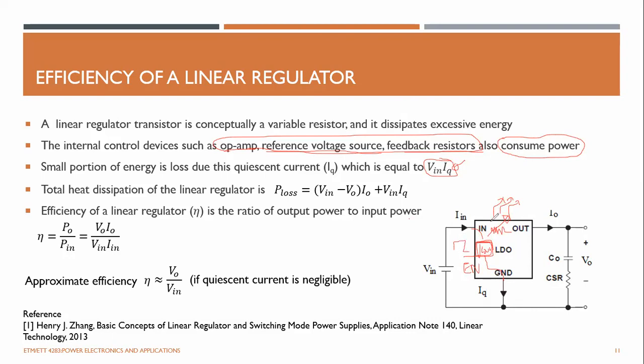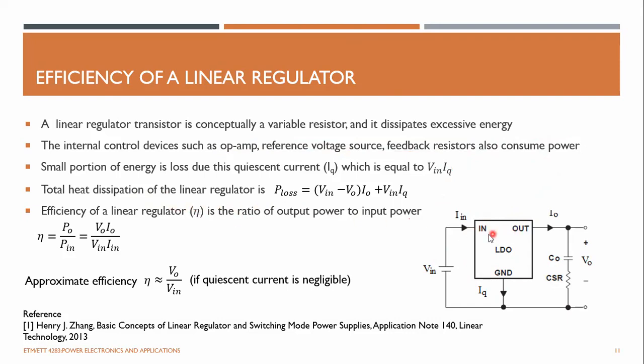When you enable it, your load is getting power. So when you have low power consumption in your control circuit, you can save power. That is one sort of power loss in a linear regulator, but most of the heat is dissipated